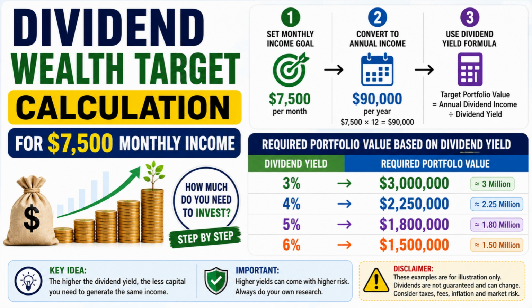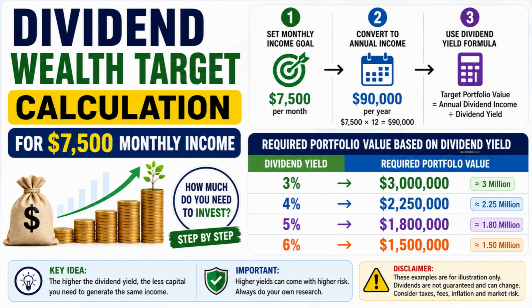After that, apply the dividend yield formula. The formula is simple. Target portfolio value equals annual dividend income divided by dividend yield. In this case, the annual dividend income is $90,000, so we divide that amount by different dividend yields to estimate the required investment portfolio. For example, if the average dividend yield is 3%, the required portfolio value is about $3 million. Likewise, if the dividend yield is 4%, the required portfolio value drops to about